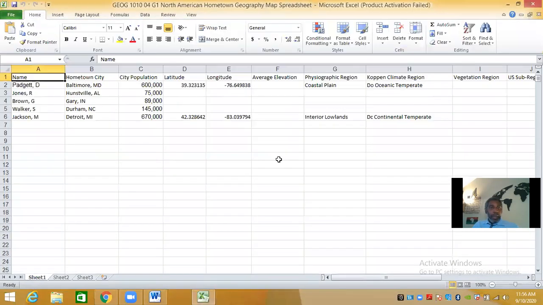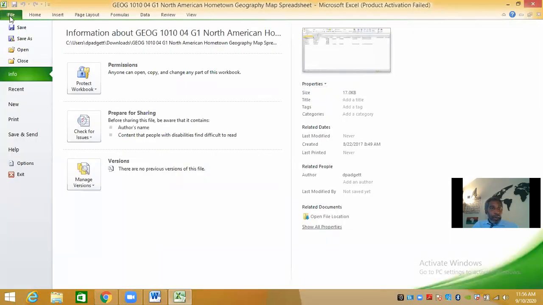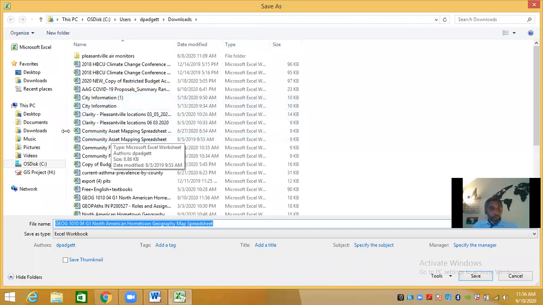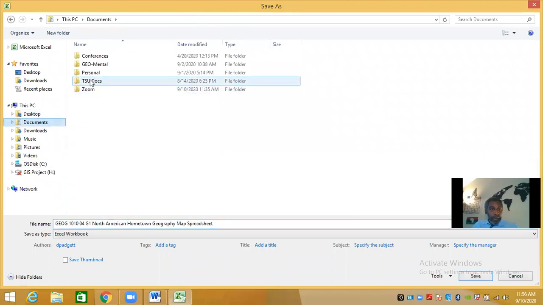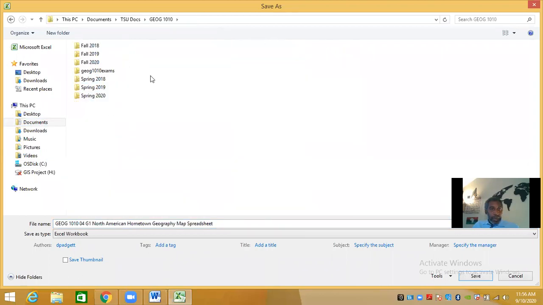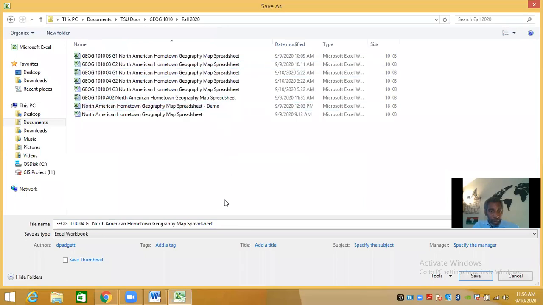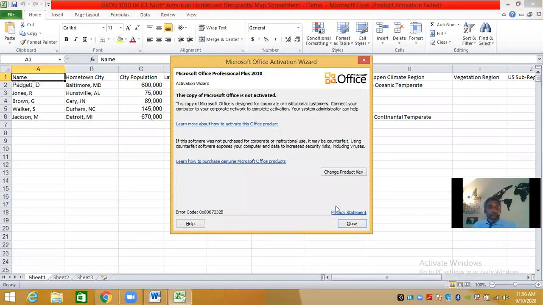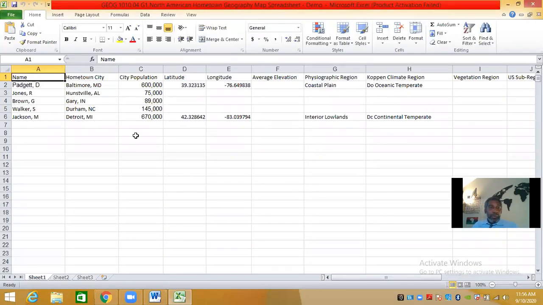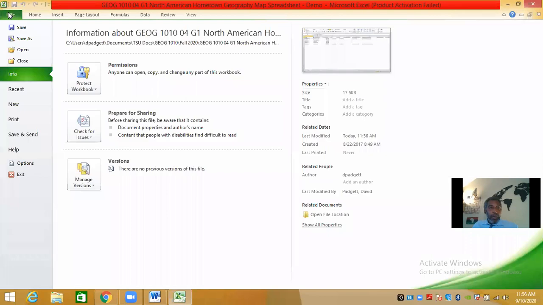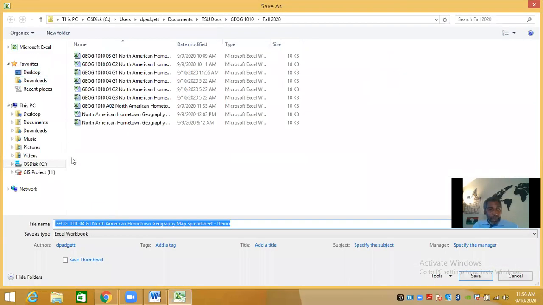Okay. And now you want to go to File, Save As, and I'm going to save it where I save my Geography 1010 stuff, fall 2020. I'm going to call this a demo, and I'm going to save it. So that's an Excel spreadsheet. Next, you want to do File, Save As, down here where it says Save As Type,